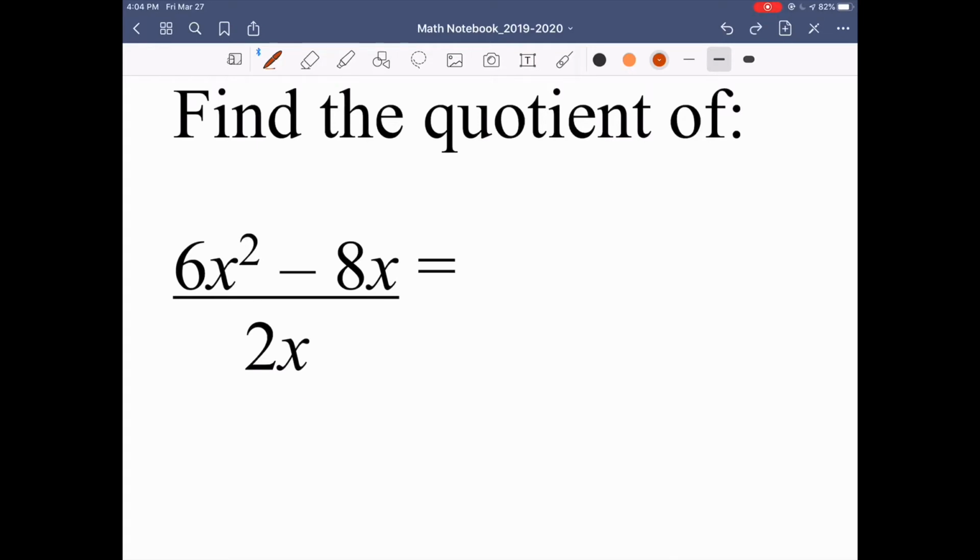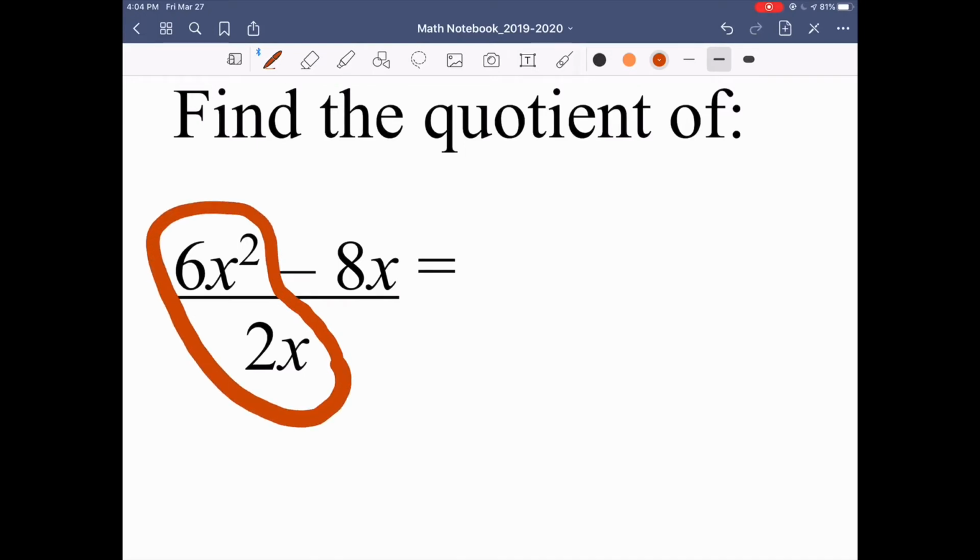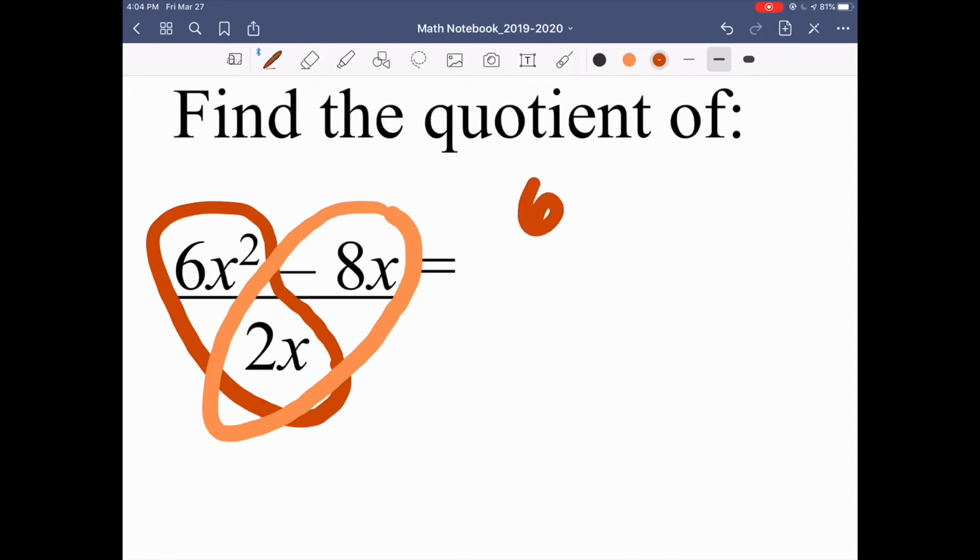So all you have to do to solve this is turn it into monomial divided by monomial 2 times, which is what you learned in 7.1. What I mean by that is that you're first going to do 6x squared divided by 2x. And then when you're done that, you're going to do negative 8x divided by 2x. So doing it step by step, let's do the first one, 6x